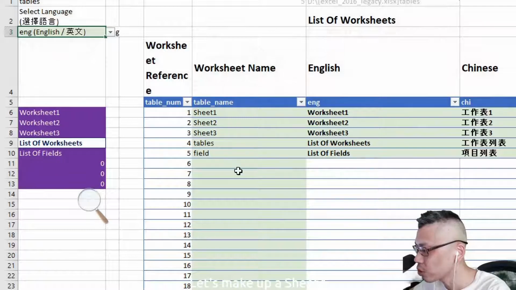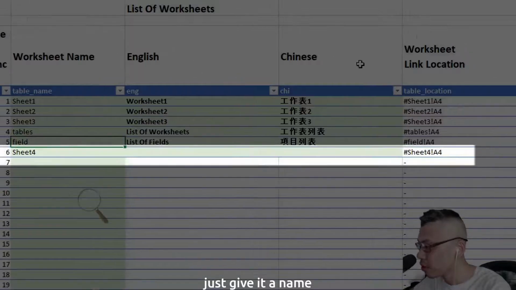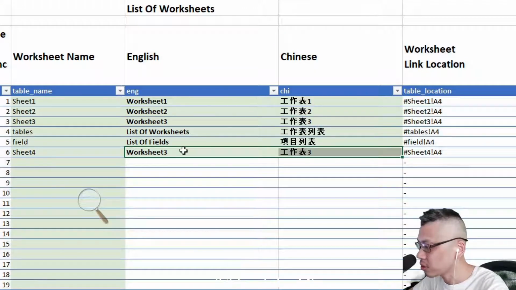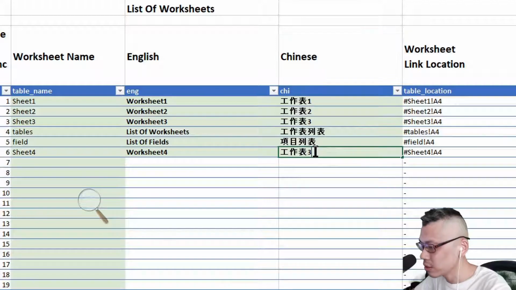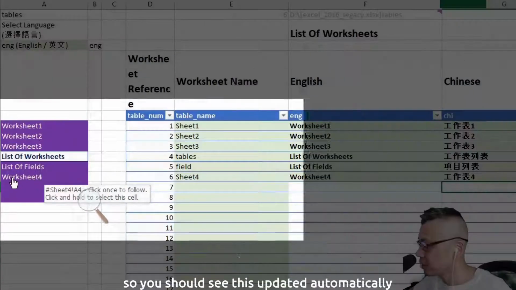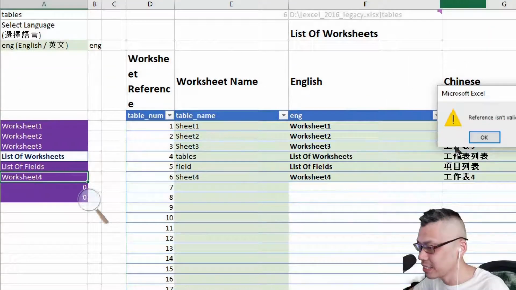Let's make up a sheet 4. Just give it a name. Call it worksheet 4. Okay, so you should see this updated automatically, but it doesn't work when I click it because I haven't had